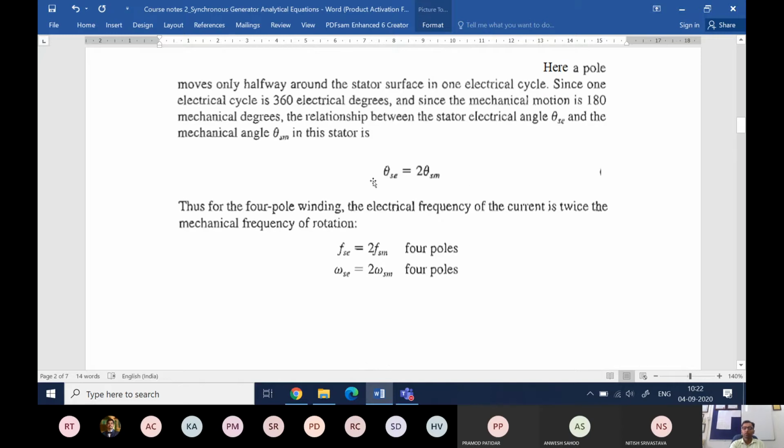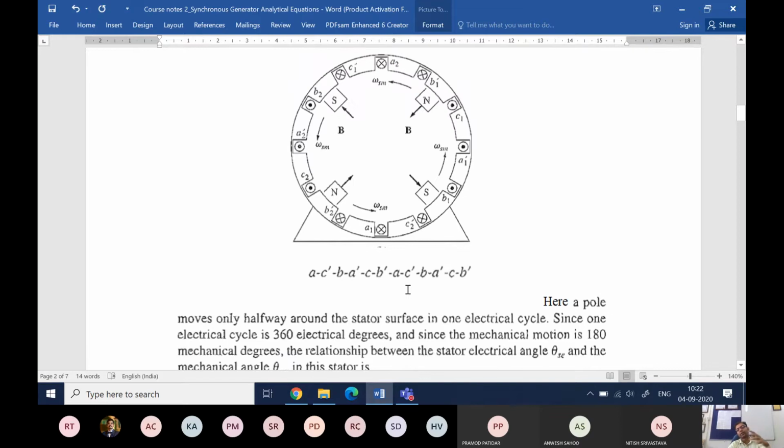So in this case, for a four-pole machine, if you divide by time on either side, we see that the frequency of the electrical current or voltage generated is double the speed of rotation, 2 into FSM. In the same way, if you extend this logic intuitively to a six-pole machine, in one rotation three pole pairs pass across each coil, so three waveform cycles are generated. One mechanical rotation corresponds to three cycles of the electrical voltage or current generated.